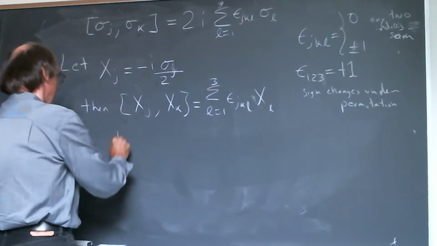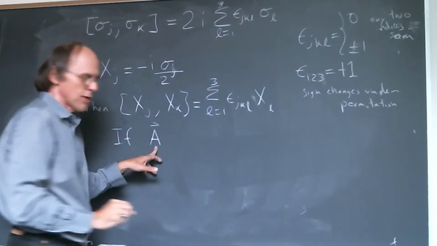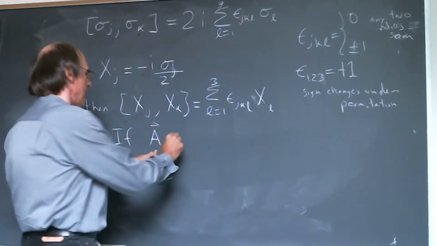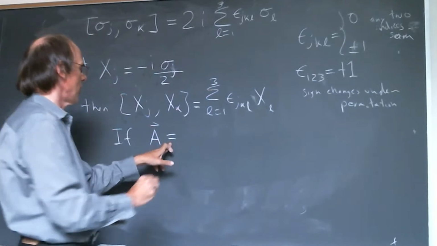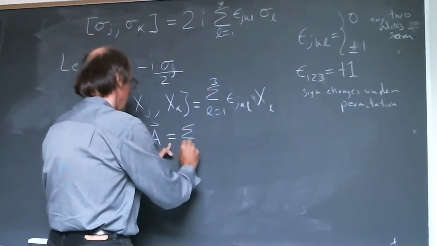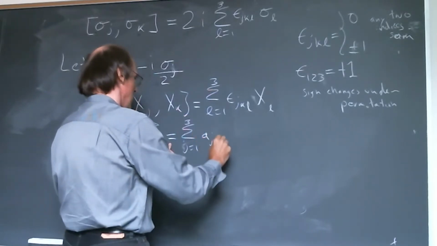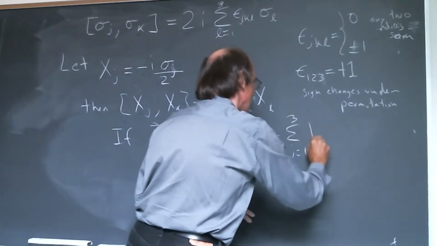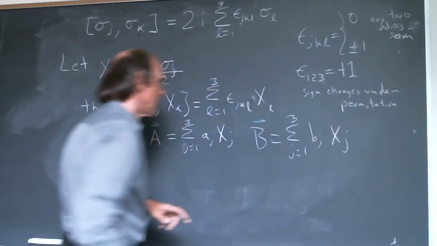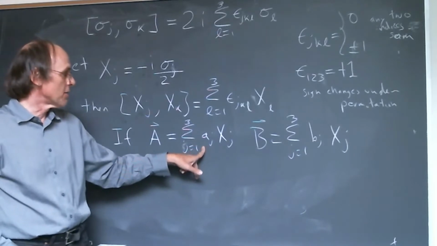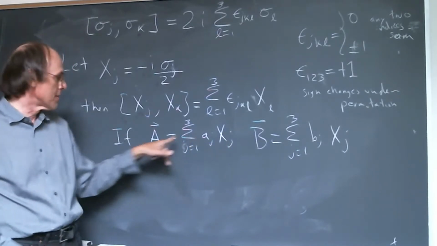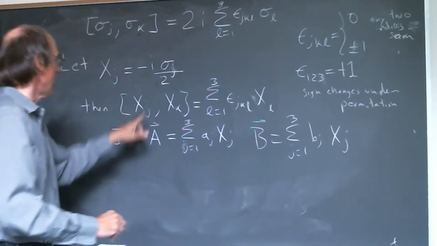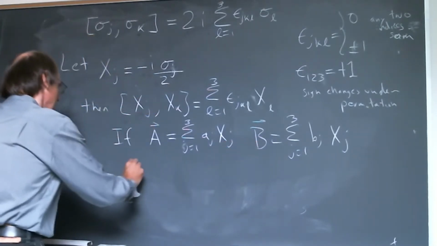Let's write A, and again we're getting back to this kind of confusing notation of turning these into vectors, but if you write this as the sum j equal to 1 to 3 of aj xj, and then b vector. So if you have some general linear combination of these, and you think of those coefficients as a vector, or you think of these as basis elements, then if you plug A and B into this formula, what you find